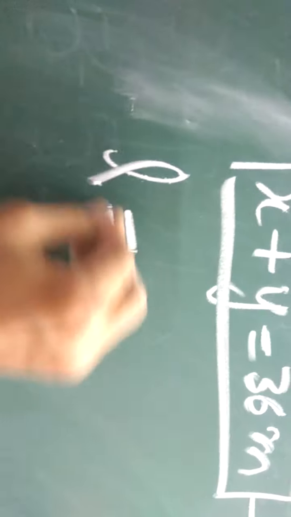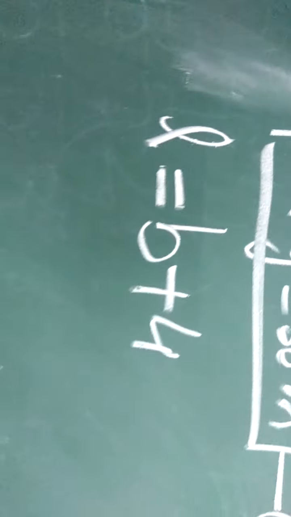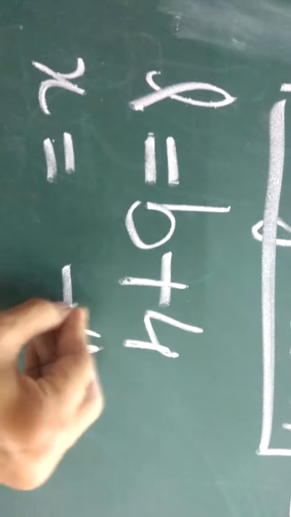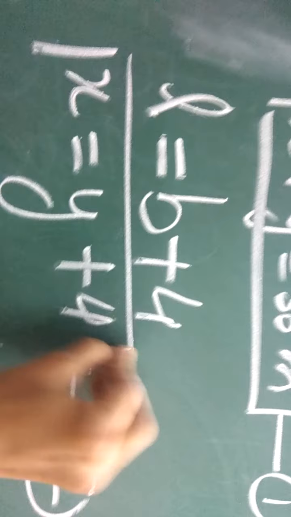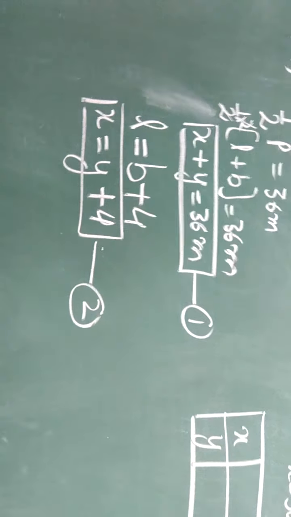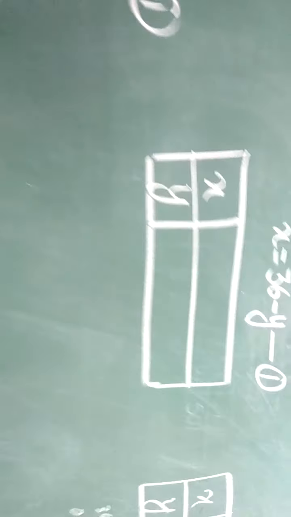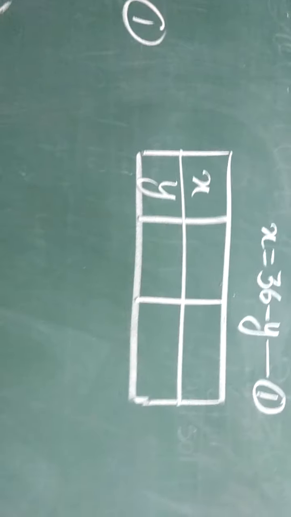Now the second condition is that length is 4 more than its width, meaning breadth. Meaning length x is 4 more than, so write down plus, width y. So x is equal to y plus 4. This is your second equation. I hope, dear students, both the equations are clear to you. Now we have to find out the dimensions. The solution must be unique, no need to check. So let us get minimum 3 solutions for this. I am solving 2, you must get minimum 3 solutions.